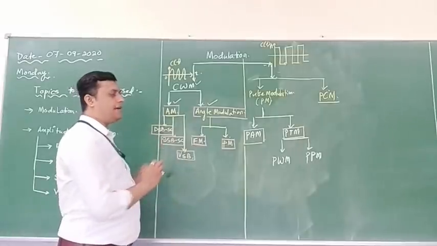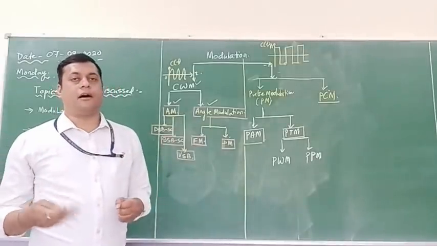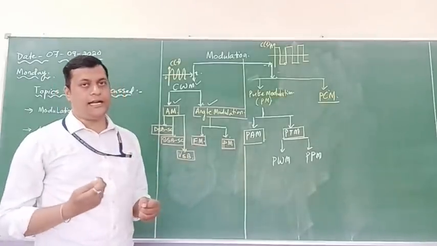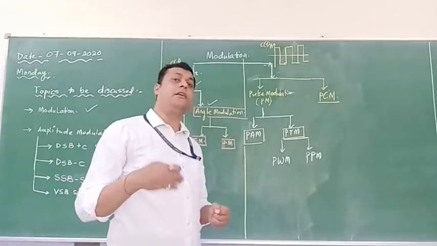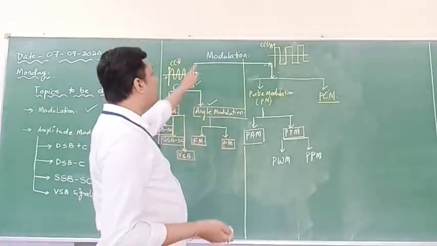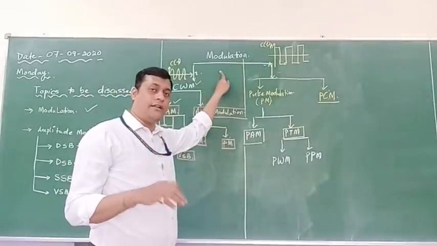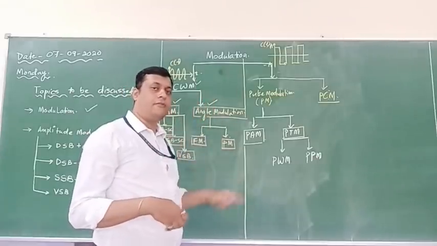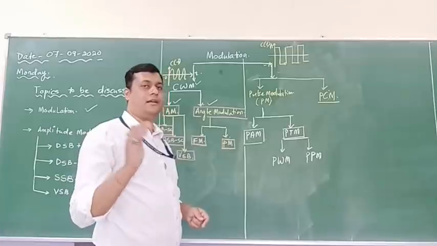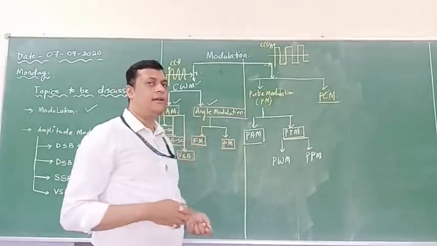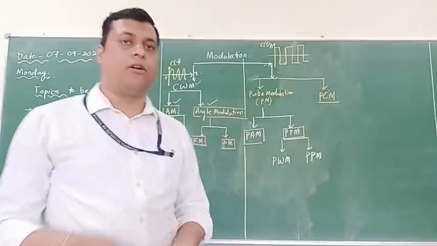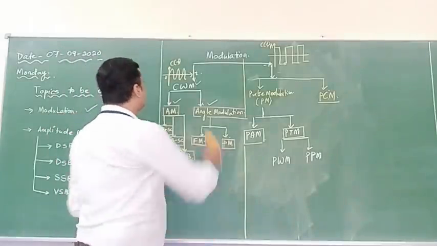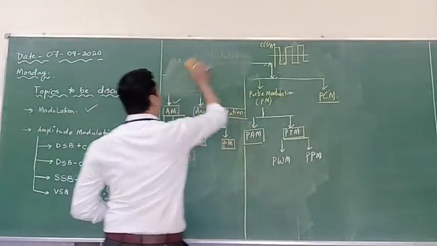Now these signals are basically generated at our transmitter end. Similarly, these signals need to be recovered at the receiver end with the help of a demodulation technique. If there is a modulation, there must be a demodulation. Demodulation is a process through which we can extract the modulating signal from the received modulated signal with noise. So these are certain things which will help us understand how these modulated signals are generated. So one by one we will start.